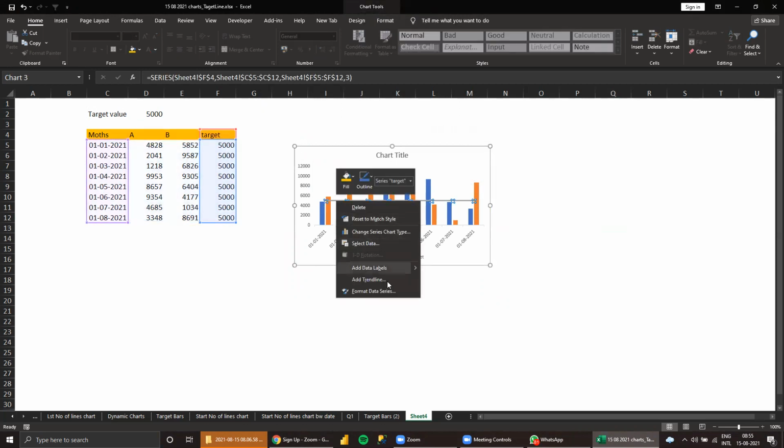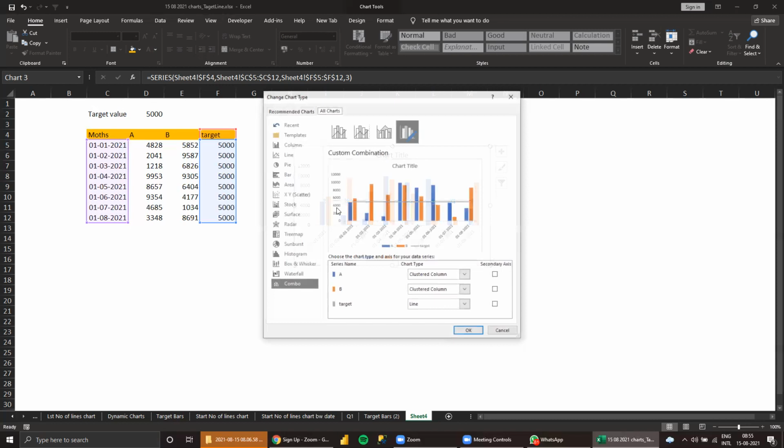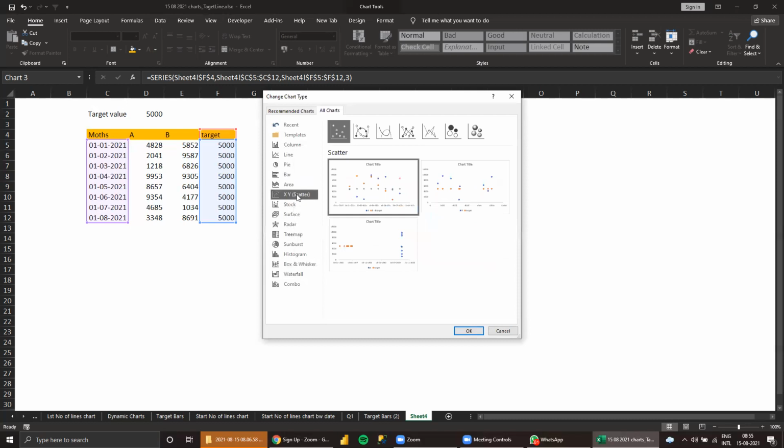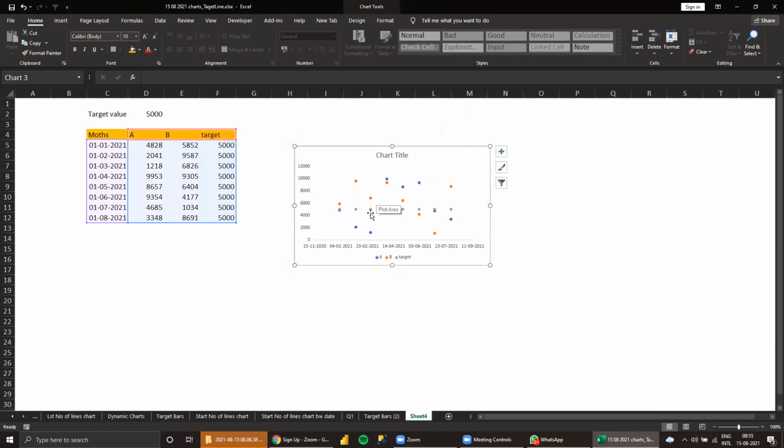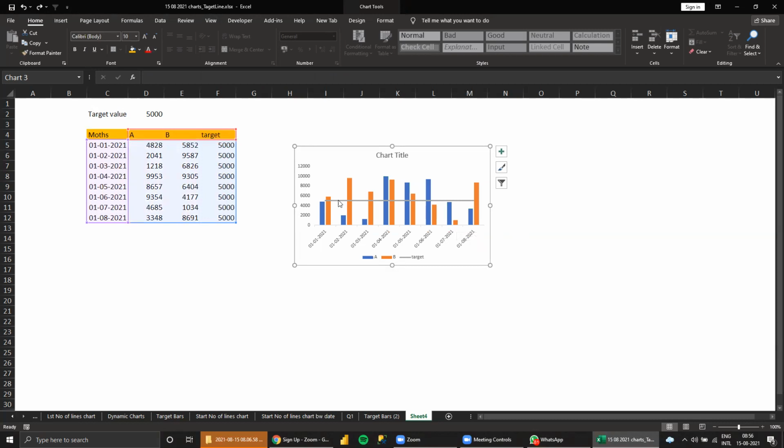It's supposed to be a scattered chart. So scattered, scattered line. It's not changing like this. This is 5,000. Which bar is this? This is the one that is changing. No. So instead of this, I am changing the design.